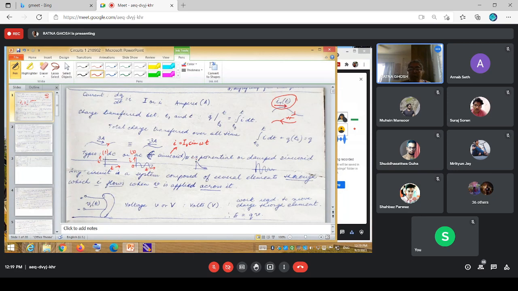Okay. Or else, in the AC itself, you could have a sinusoidal representation, or an exponential representation, or what is quite common, a damped sinusoid representation. So if it's a sinusoid representation, it is this one. If it's an exponential representation, it is this. If it's an exponential current, we also call this